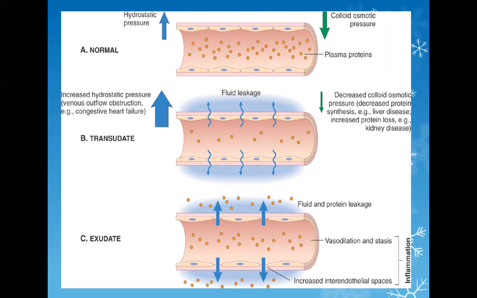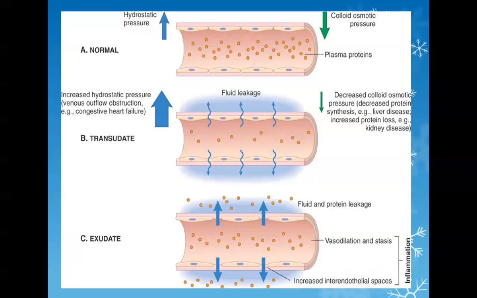WBCs are not going out. Only water is going, although we have a normal oncotic pressure. Now, just as an example, normally here 1 ml is going out, and at the venular end 95% comes back. Only 5 to 10% remains outside, which is taken up by lymphatics. You all know.